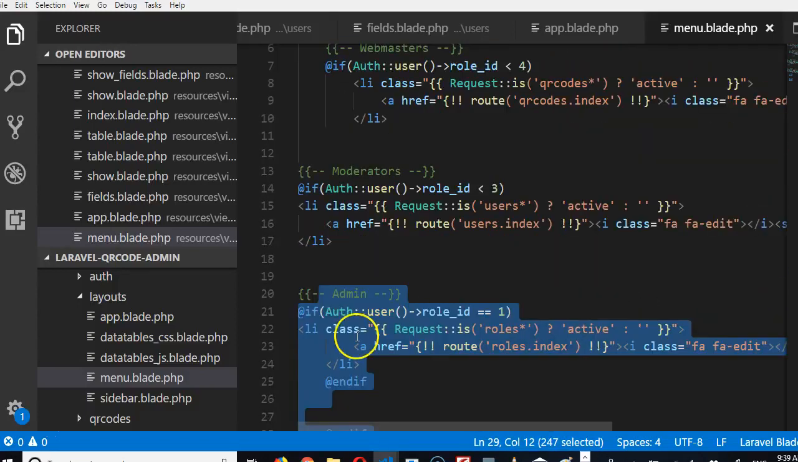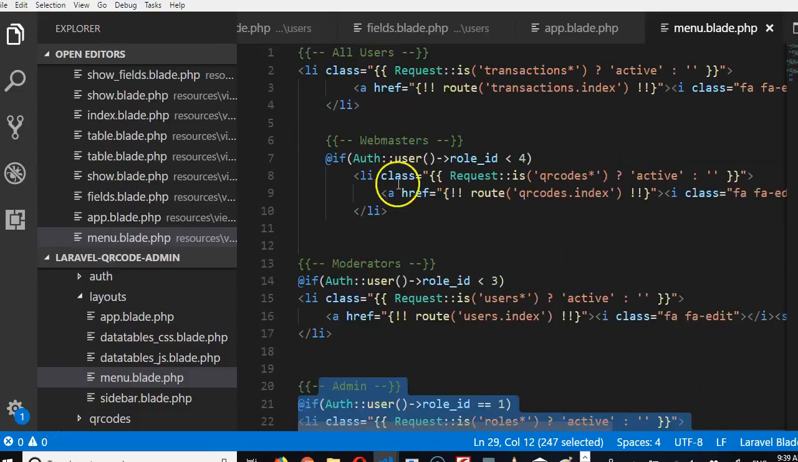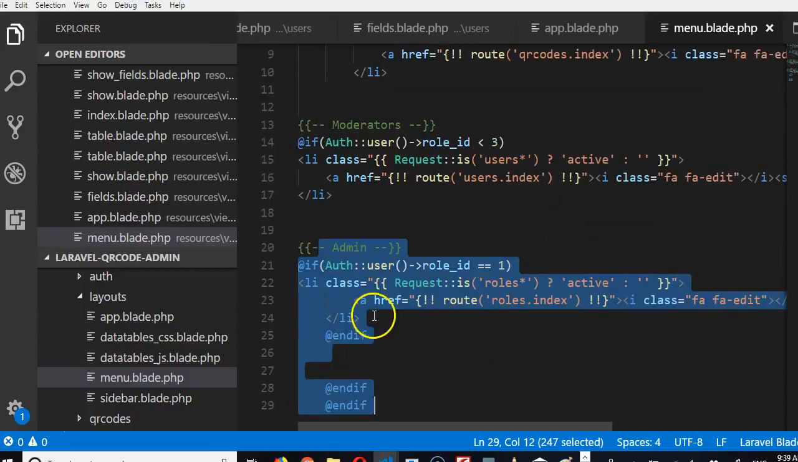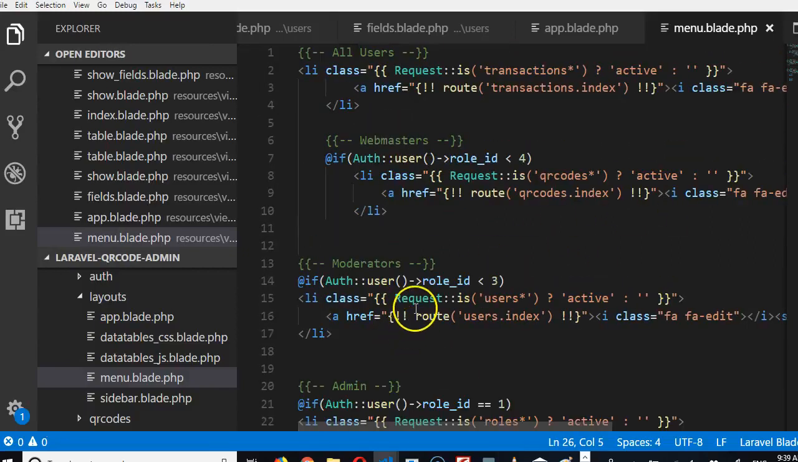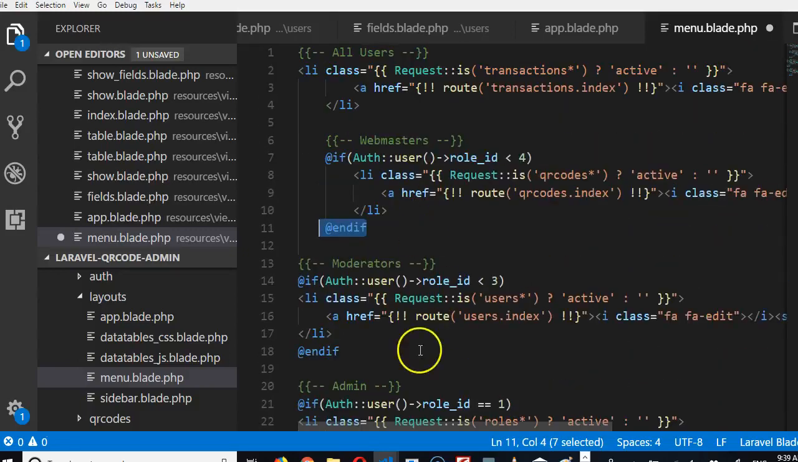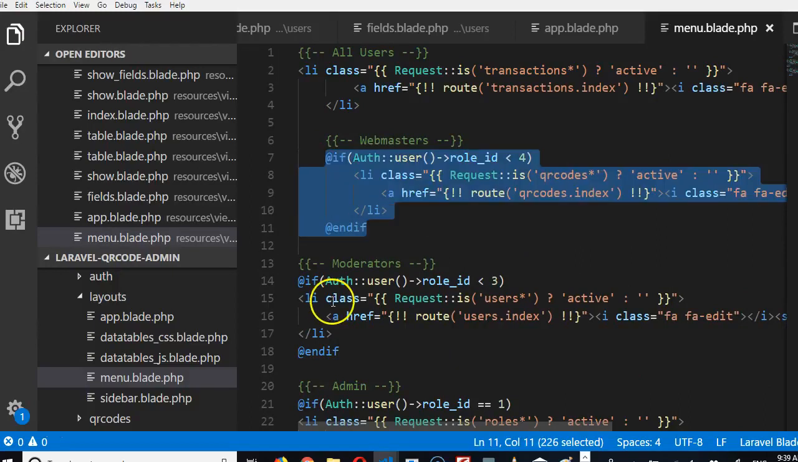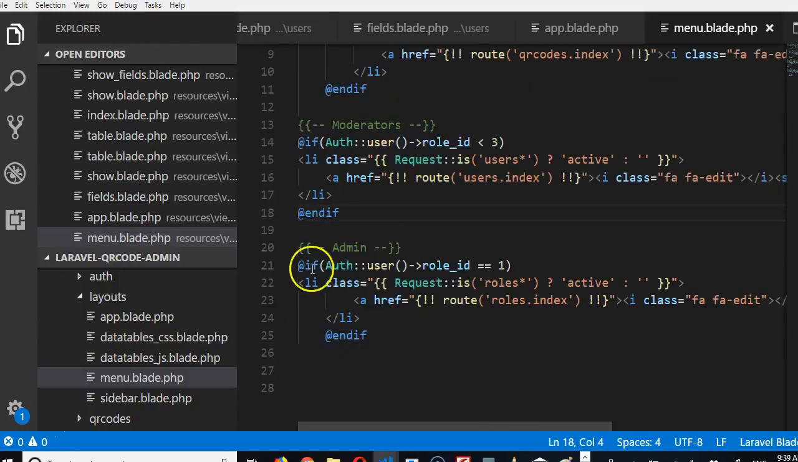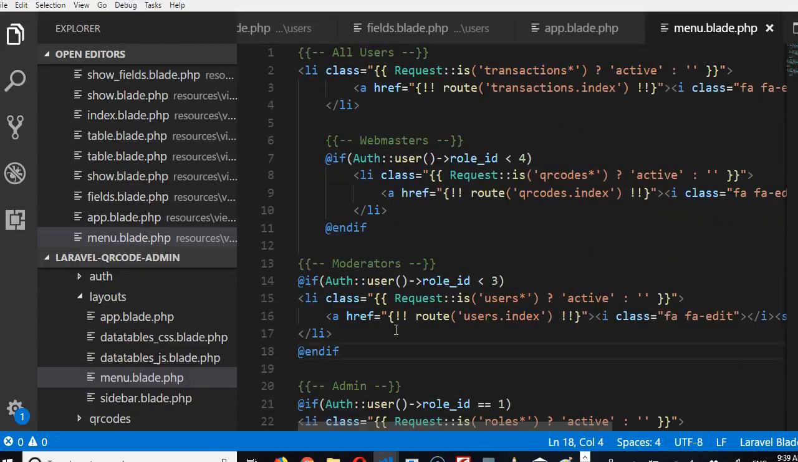So this will make sense if you have so many menus. There are some platforms you'll be building, you have so many items on your menu. So this kind of arrangement makes sense. But in this platform, we just have 4 or 3, so it can still work just this way. If statement here, if statement start end, if statement start end. All right. So in the next video,